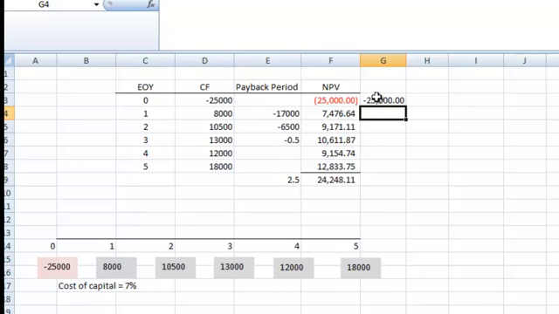Okay, so let's do the next one, and then we'll copy. So we'll do one more here. We'll put in an equal sign, and we're going to put in our cash flow of 8,000, and then we're going to multiply that. So we put in an asterisk, and we take that times our present value factor, which is 1 divided by 1.07,